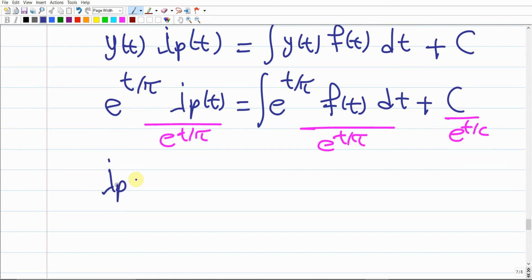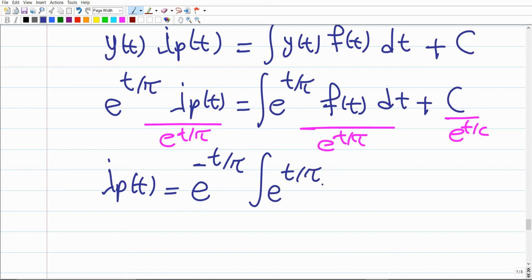So the left-hand side will be I particular of t, which equals e^(-t/tau) times the integration of e^(t/tau) times f(t) dt, plus a constant, which is just c times e^(-t/tau),